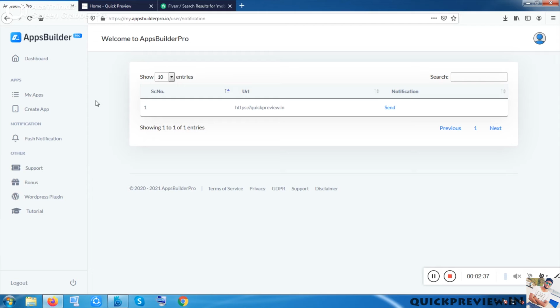Once they have checked the notification, if it is interesting, they will go to the app, and this makes the conversion rate 95%. Okay, a huge conversion rate. Among 100 people, 95 people will go to your application. So this also makes your bounce rate very much lesser.